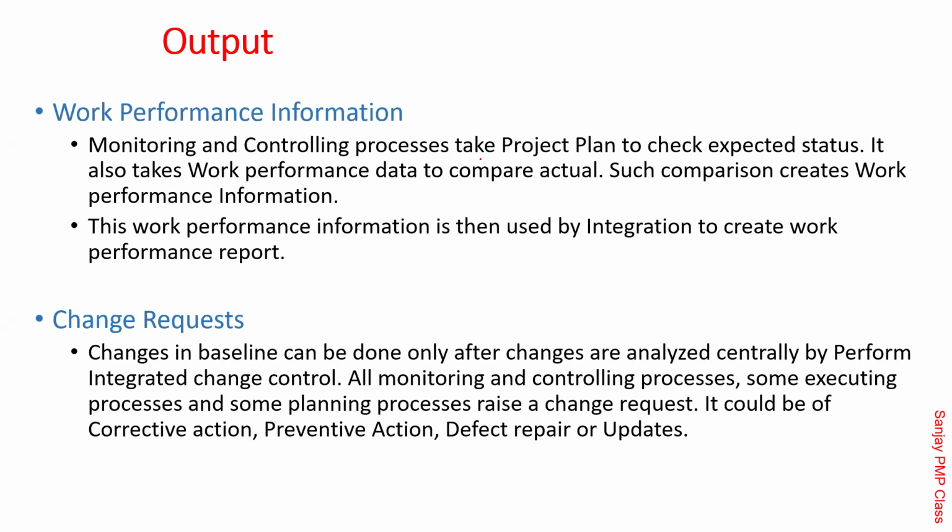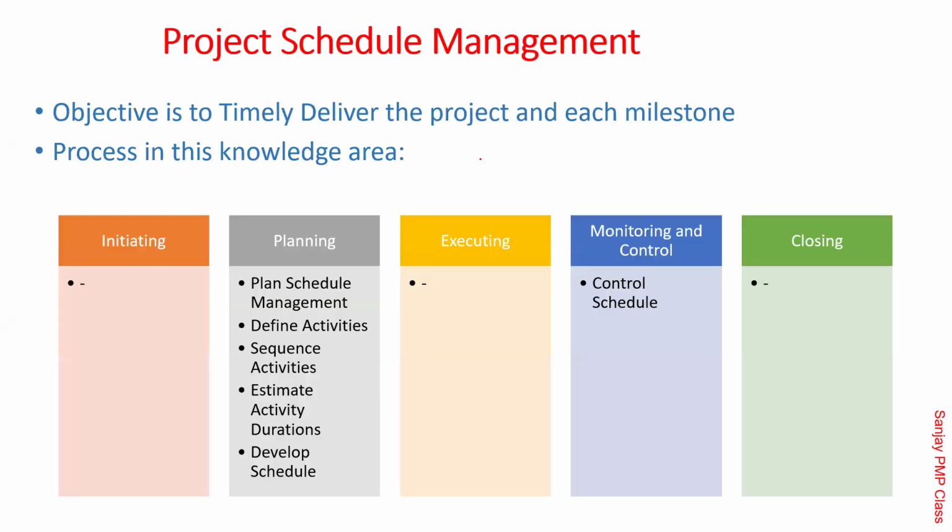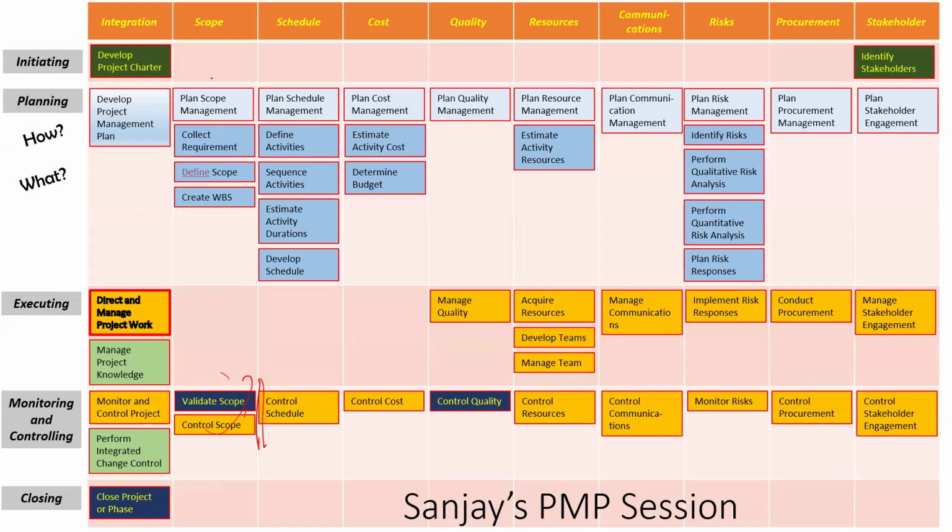An output called work performance information and sometimes change request, which means something has gone wrong. Either there has been some creep, or something is missing. So the whole deliverable is ready, but we have also agreed for the documentation, which is not yet ready. So that could be one of the change requests. These are all the updates. So that takes care of this important chapter called scope, which we have just now concluded.